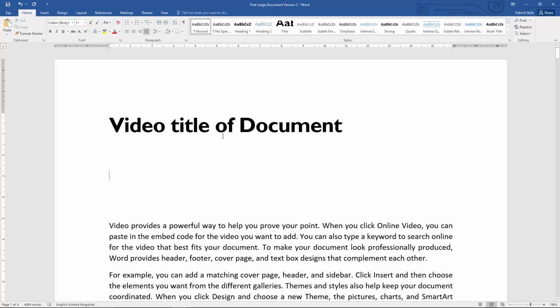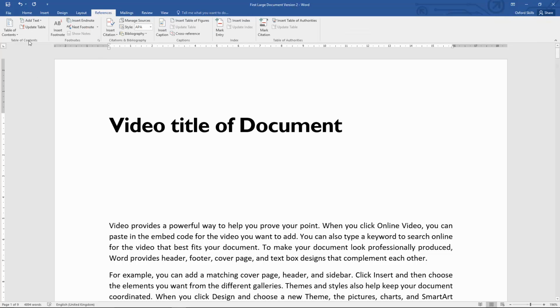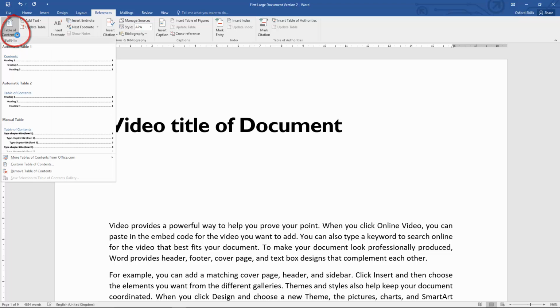Okay. What I'm going to do now is go to the References tab up here and click on Table of Contents. And I'm actually going to click on the little drop down arrow to the side of it. What it does there is it gives me some sample options of Table of Contents that I can use. Now you can see it's got heading 1, heading 2, heading 3 inside there, and we'll show the effect of that in a minute. I'm just going to click on this one here,